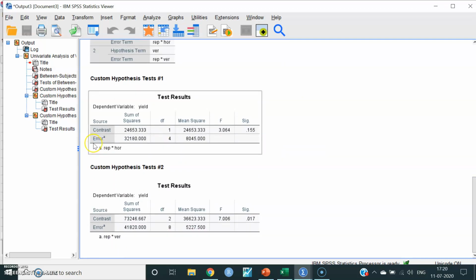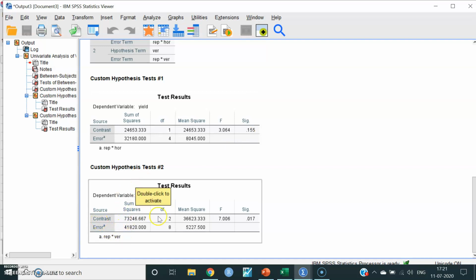So, if you see the horizontal factor probability value, it indicates non-significance because its value is not less than 0.05. Coming to the vertical factor, its probability value is less than or equal to 0.05.